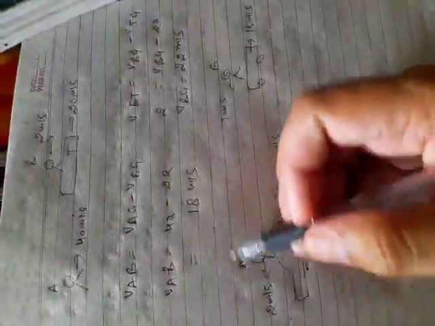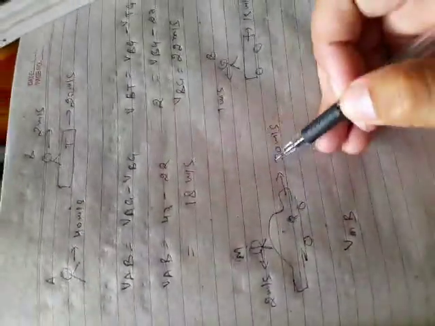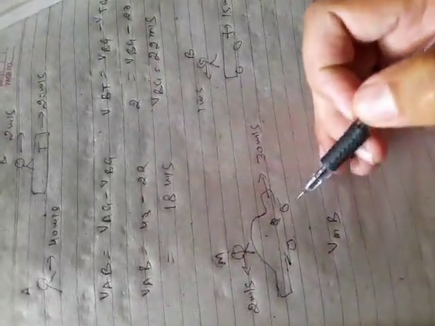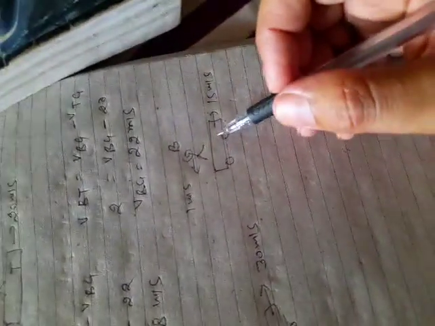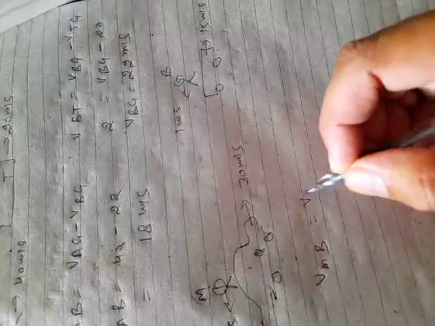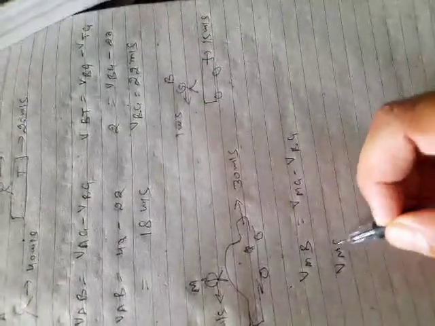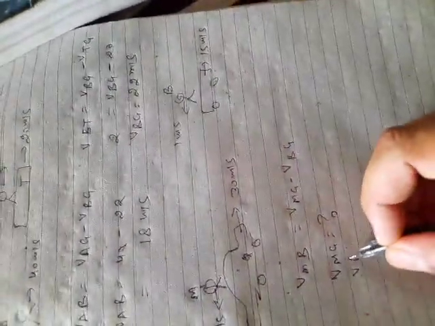To find out velocity of monkey with respect to boy. Clear? But we know monkey is moving with respect to car, but we don't know monkey with respect to ground. First we have to find out monkey with respect to ground. Same thing also here. This boy is moving with respect to trolley, not with respect to ground. First of all you have to find out with respect to ground. So monkey with respect to boy, we can say monkey with respect to ground minus boy with respect to ground. Okay or not? Okay, so we don't know VMG, monkey with respect to ground, so we have to find out VMG, and we don't know VBG also. This also we have to find out.